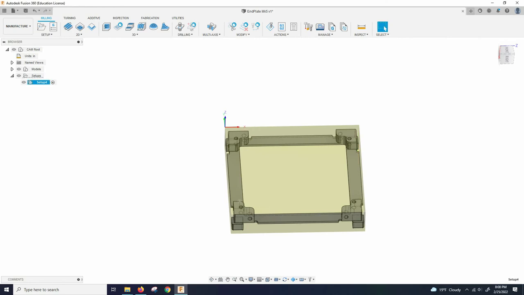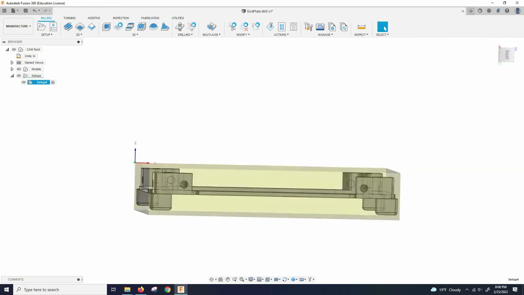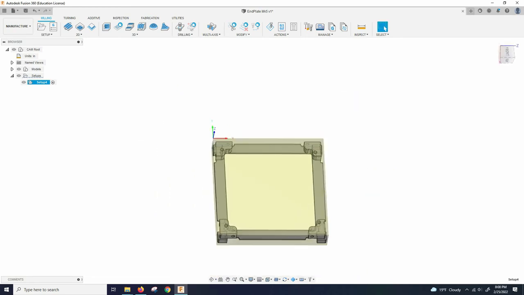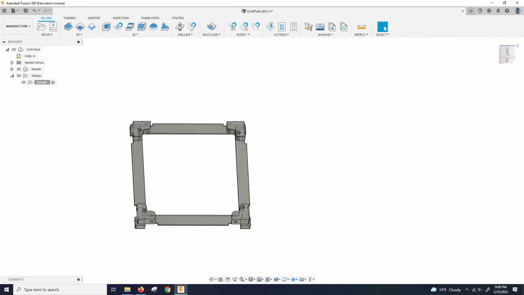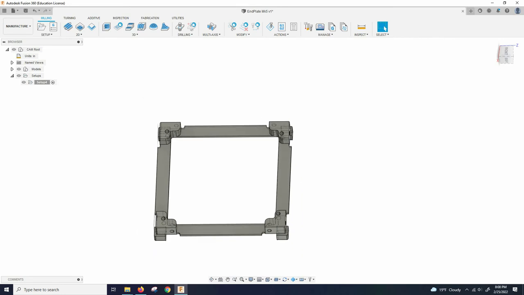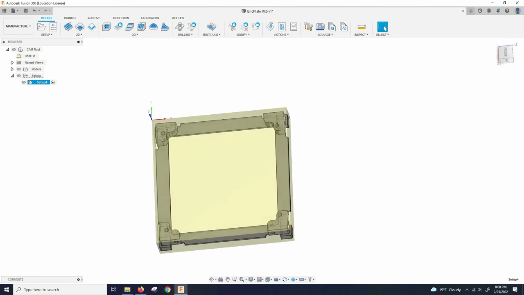Hit OK. So we've got all this set up, and notice how it gave us a little bit of material on both the top and bottom. That's so we can clean things up, make it look good. We're good there, and the first step is we need to clear out a bunch of material. So that's basically your first step, is to core out where you see all of this yellow. We need to take out all of that, and we want to do that with the biggest tool that we have that's reasonable. Like I said, this is a relatively small part,